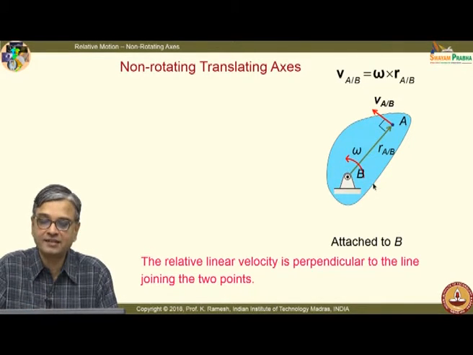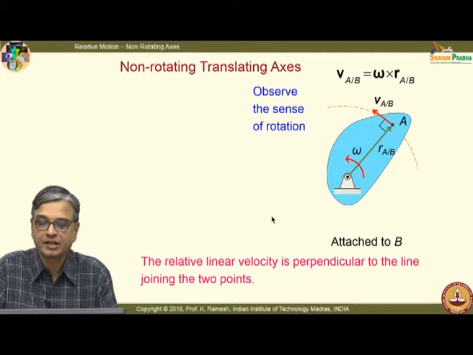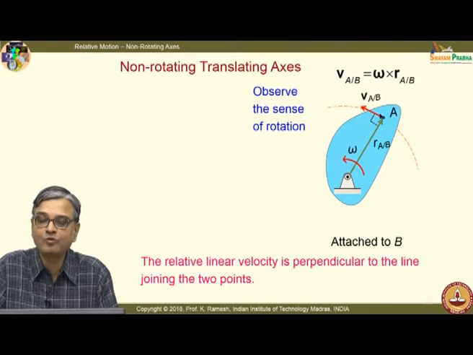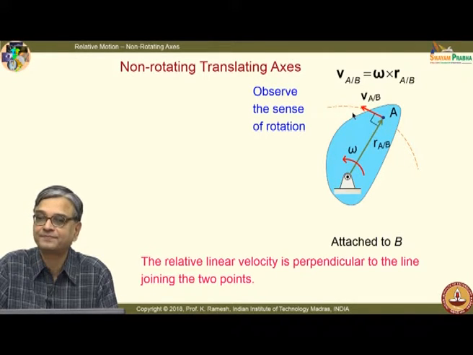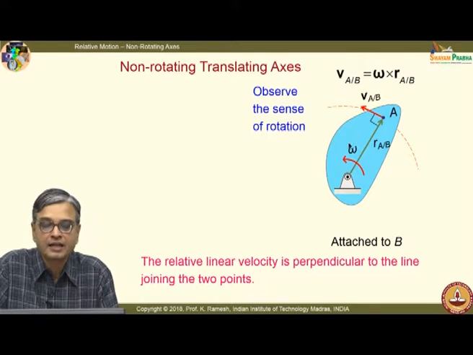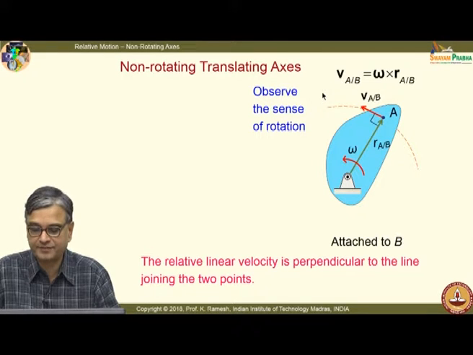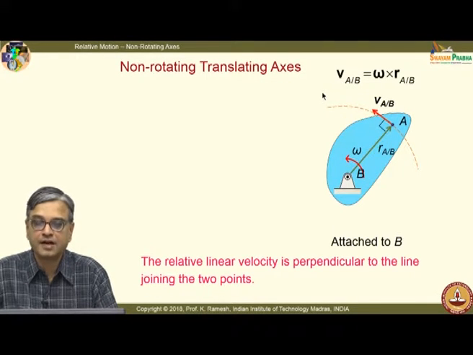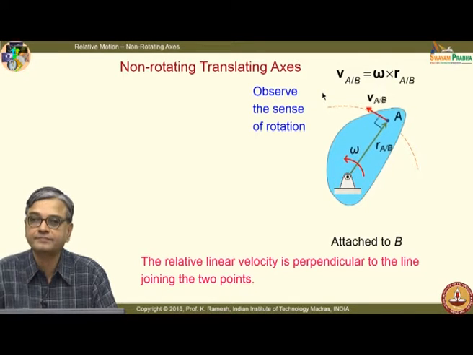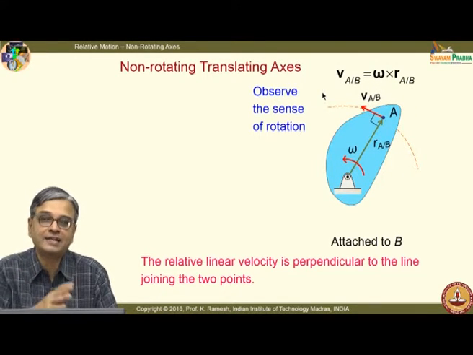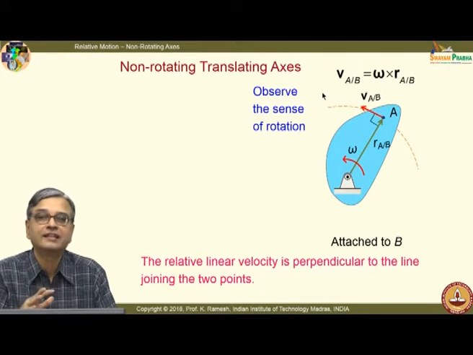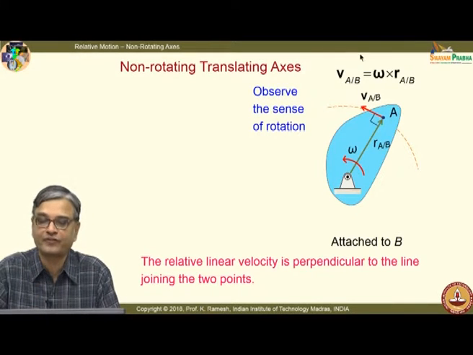And if you visualize that this is having an anti-clockwise motion, that is how we have taken it, you would see sitting at B, the point A would appear to move in this fashion. Please make a neat sketch of it and observe the sense of rotation. If you understand this clearly, then you will be very confident in solving problems. There are many interesting aspects you get out of it.